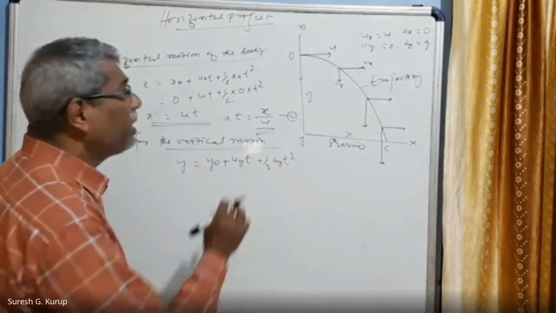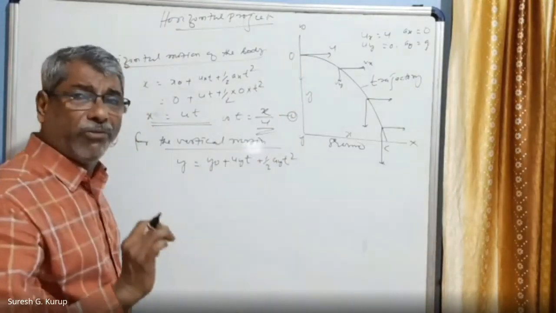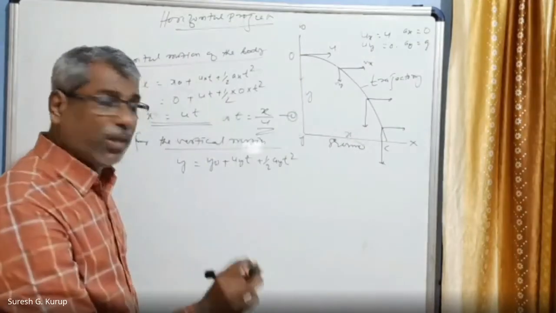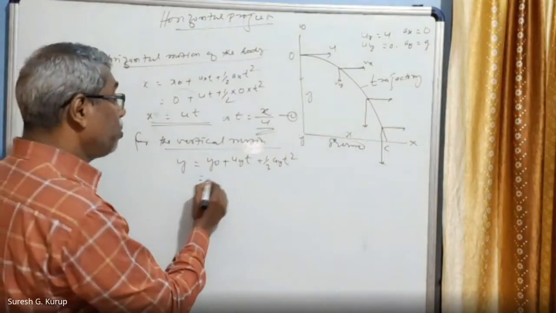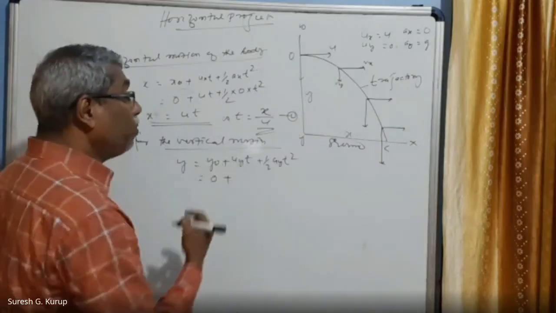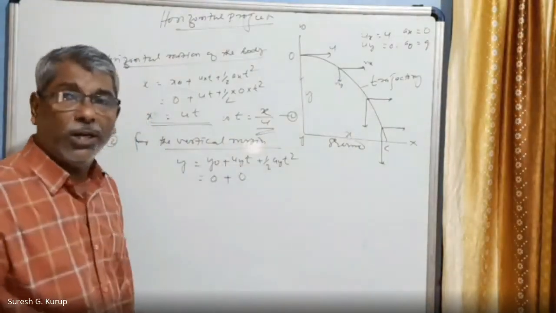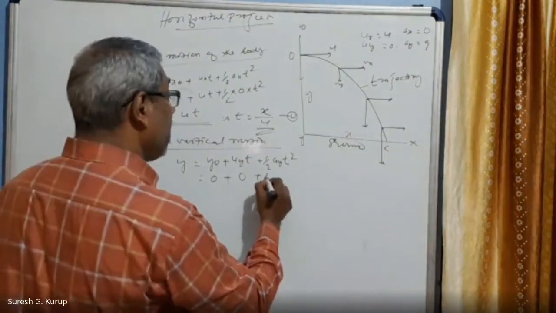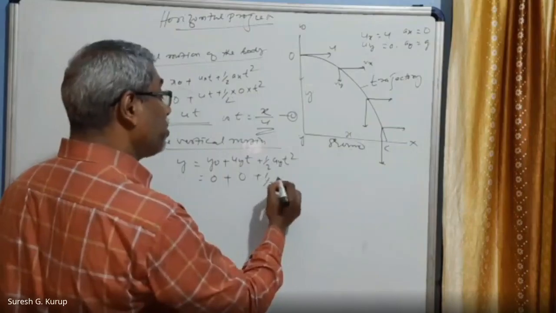But at the point of time when the body was projected from the origin, y0 is equal to 0. Therefore, this is equal to 0 plus uy, which is also equal to 0 only. Right? U is also equal to 0 only. That is plus half into ay. Ay means this minus I have